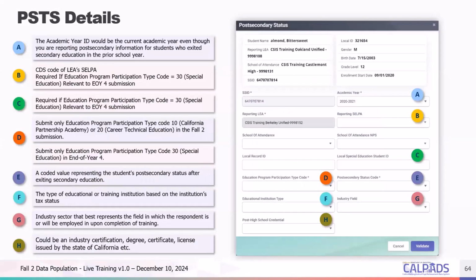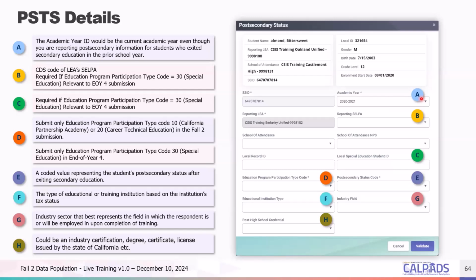This slide contains a screenshot of the post-secondary status file type in online maintenance with the key fields again given an alphanumeric value. All right, so the academic year is the first value. It's given the designation of A on the slide deck here. And the PSTS file is the only file type that we report in Fall 2 where the academic year is not the current academic year.